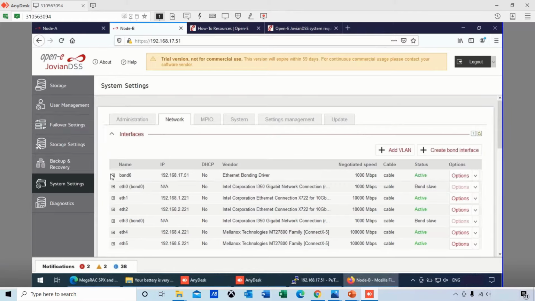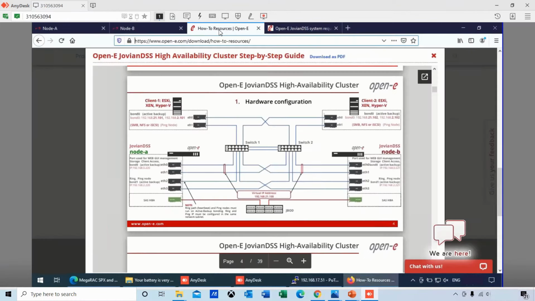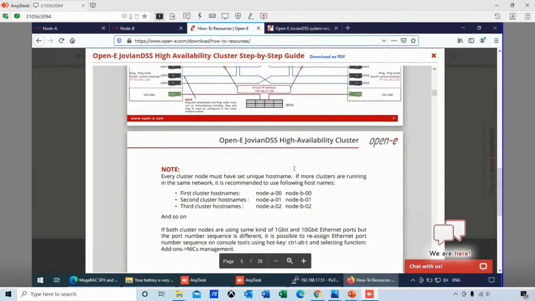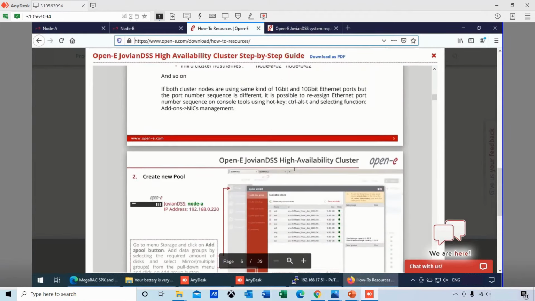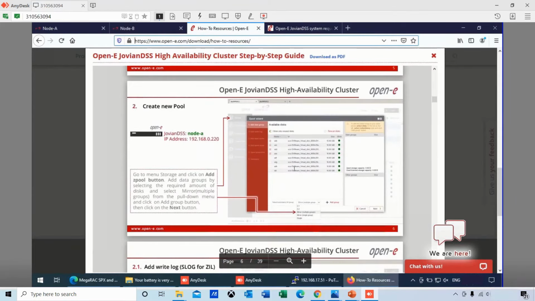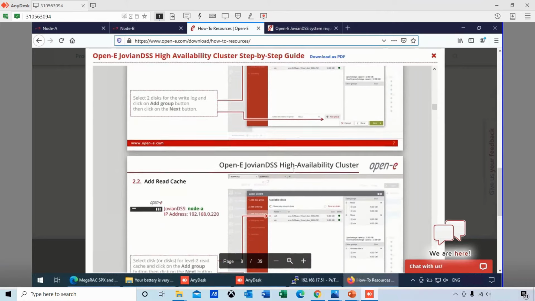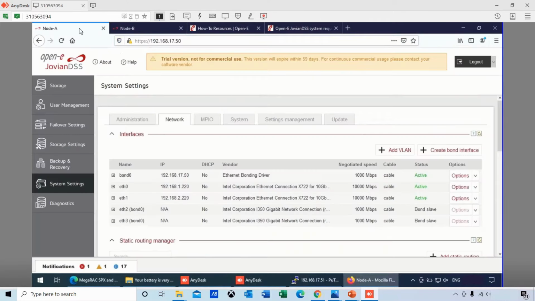So really, in our setup, we recommend, and we have a how-to guide if anyone wants to reference it. If you just go to our downloads, how-to resources, we have a step-by-step guide that walks you through how the design should look. There are different designs. We have some notes, and then we walk you through the step-by-step guide. Even Rick Rodriguez from Neurothink went through this guide, and he was able to set up the system. It's real simple. Let's move forward, though, we can always refer back to that.